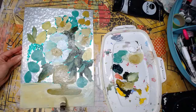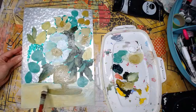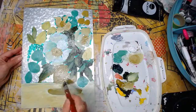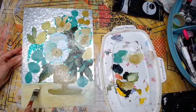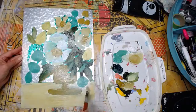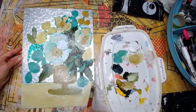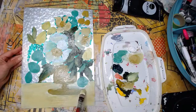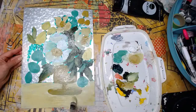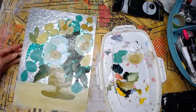This thing makes it kind of hard to paint on wet, but I'm not really impatient. I'm not that impatient. I can wait for it to dry a little bit. But I usually am pretty impatient with things that I paint. Okay. Alright, so